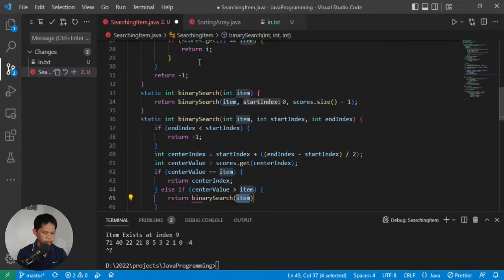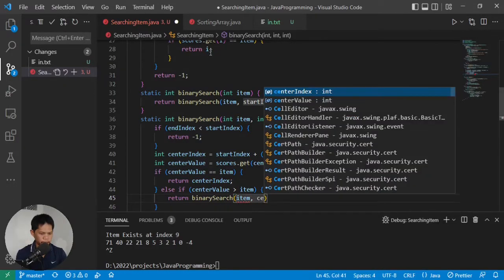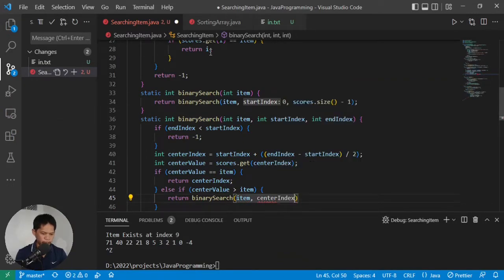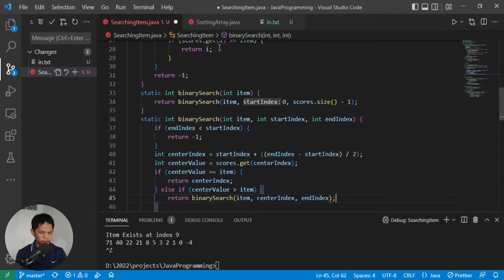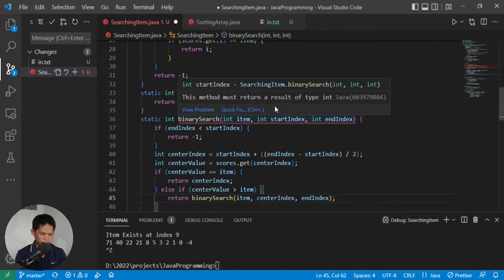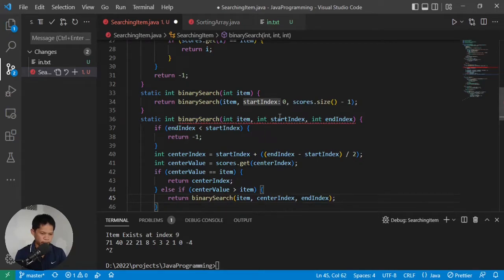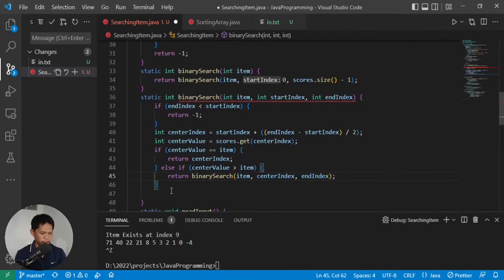Binary search item, then it has parameters. So the middle, which is the center index, that's the middle. Then we pass the end index. So next time around, it will come back with a different start index, where the start index used is the middle. Okay? So here, else,